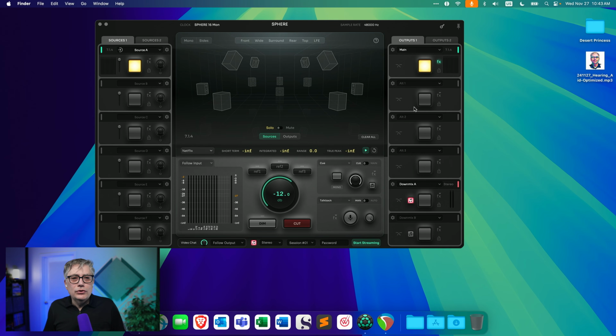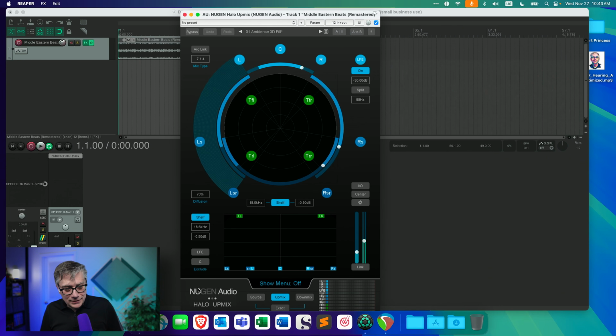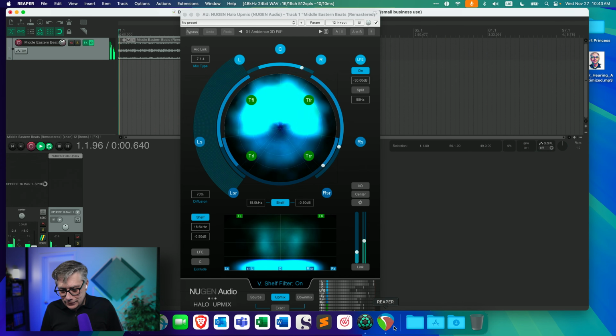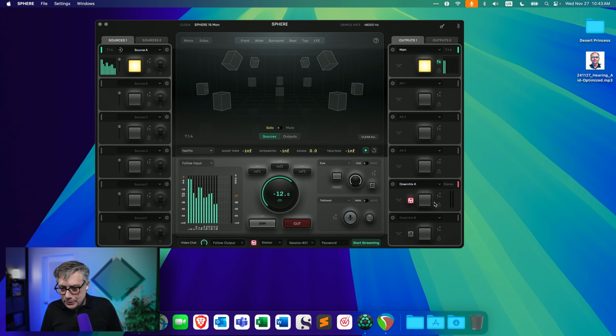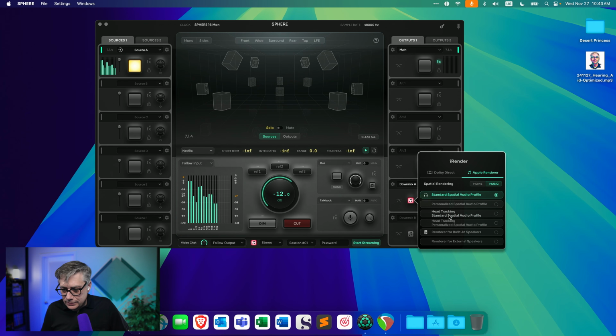Now, when I play the audio now, you're not going to hear anything, but you need to believe me that this actually works, because essentially it's going to go directly into my AirPods. So let me just play the audio. Once again, you're not going to hear anything here at all. And if I switch that over to head-tracked, this actually works really, really well. I really commend them for implementing that. That is really, really nice.